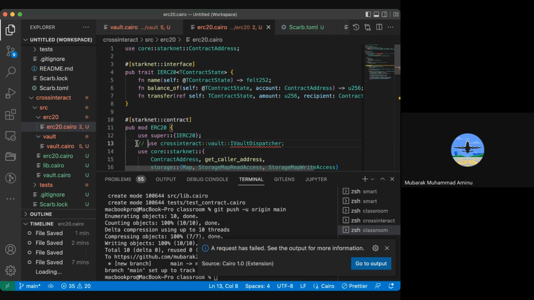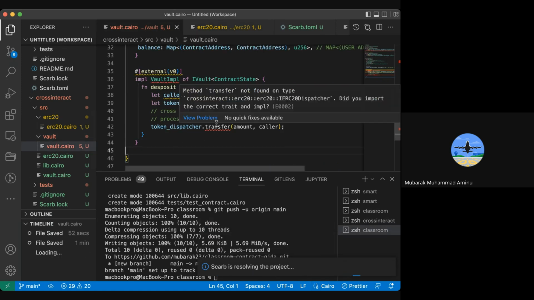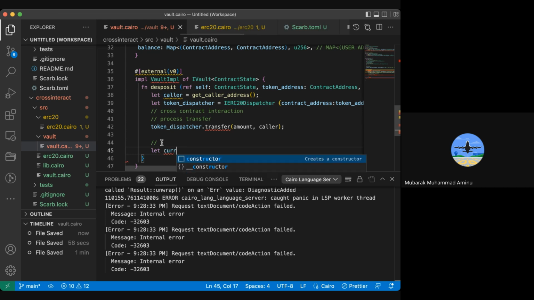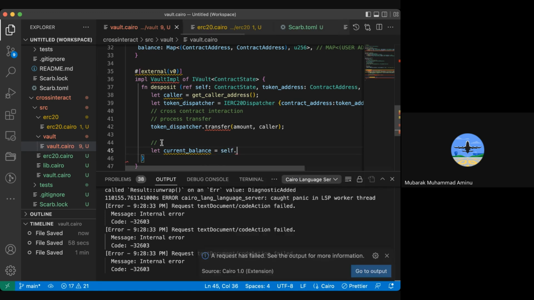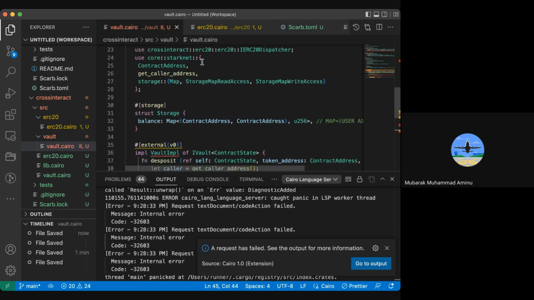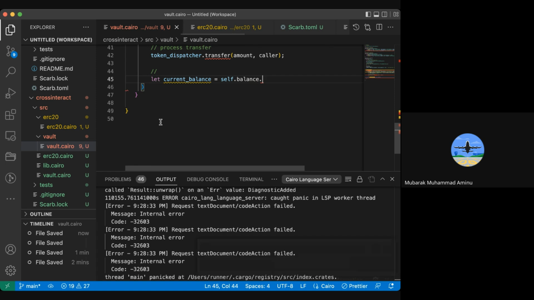No, we don't need it here. I'm going to come back to this error, why this is happening. But after that, what we needed to do is update our internal balance. And we see current balance. We need to do self dot balances. Yeah, is it balances? Oh, okay. Yeah, self dot balance. So balance dot read,